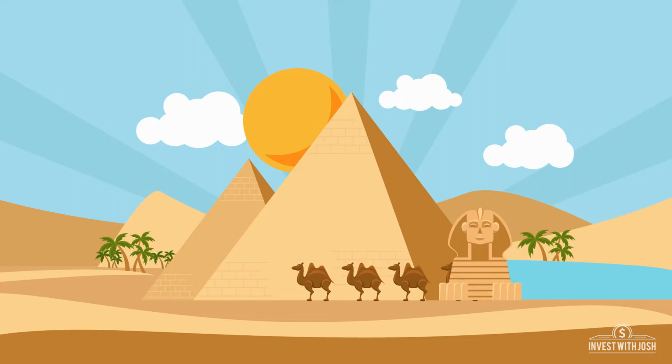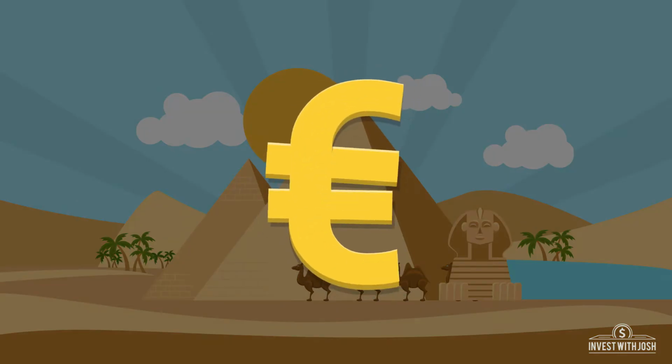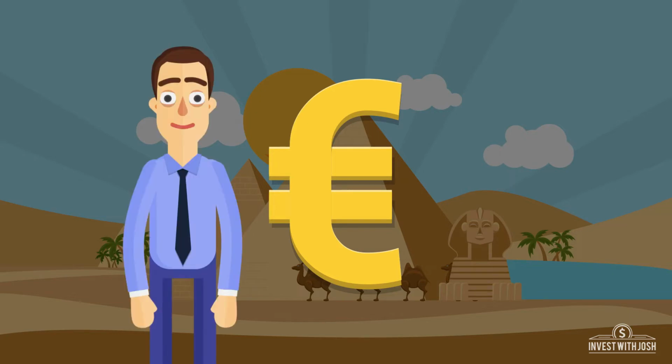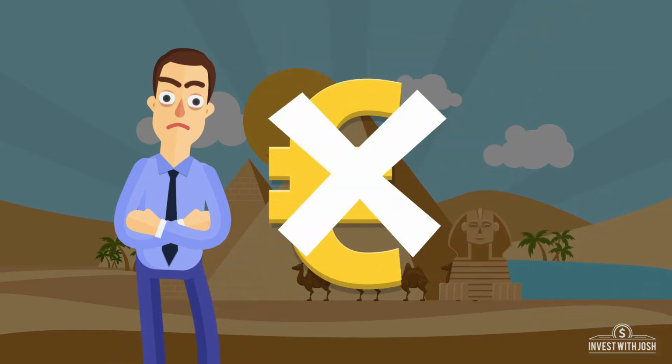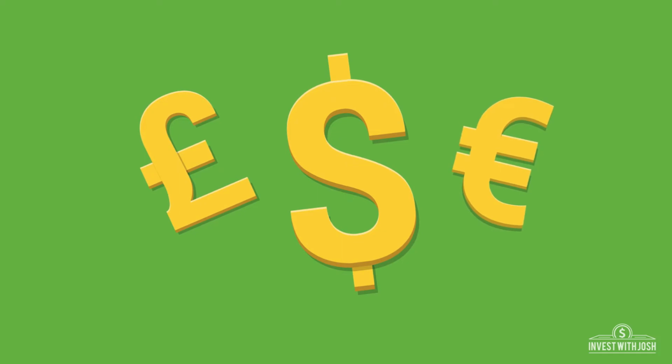The same goes for traveling. A French tourist in Egypt can't pay in euros to see the pyramid because it's not locally accepted. The tourist has to exchange euros for the local currency, in this case, the Egyptian pound, at the current exchange rate. In fact, whether it is the US dollar, the British pound, or the Egyptian pound, they're all called currencies.